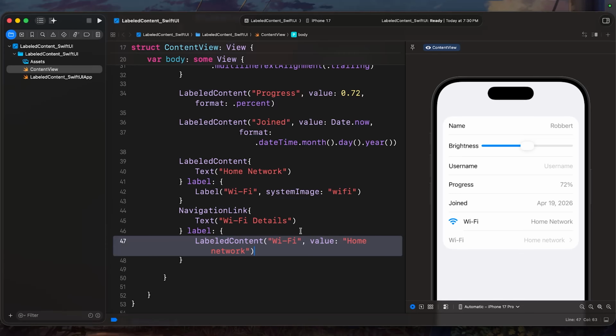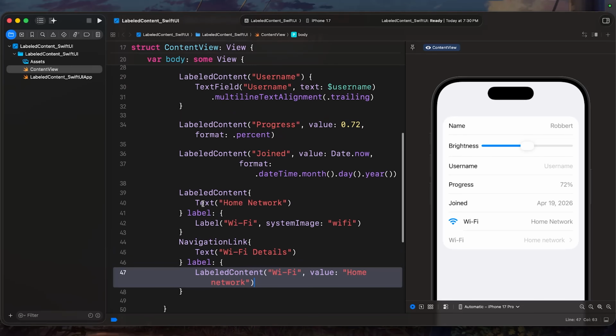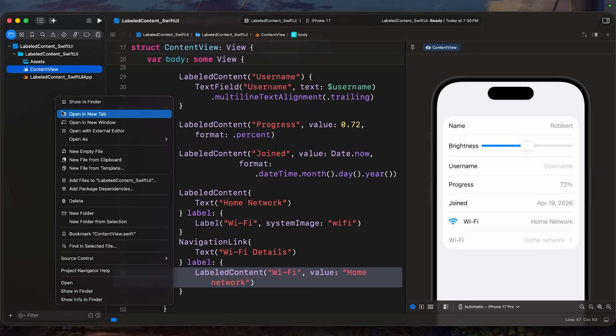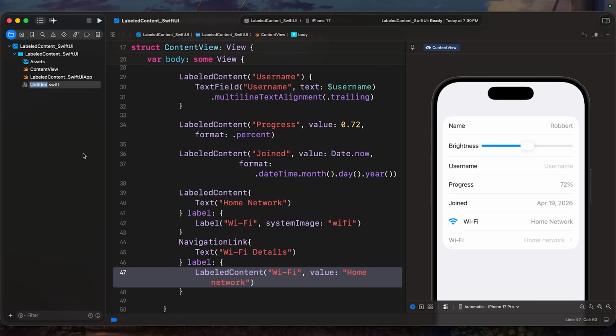Okay, now let's talk about the custom styles. So the default style that has been applied to all of our labeled content so far is horizontal. Maybe if you want the label stacked above the value, a field label on a card, or perhaps a compact data readout, we can write a custom style. So I'm going to create a new file from scratch here. So new empty file, it's going to create a new Swift file, and we're going to call it something like